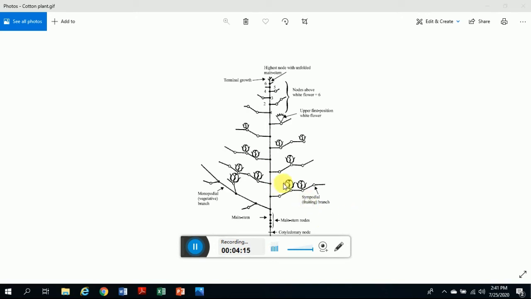Look at this. These are basically the open bolls which contain lint. At the upper portion is the white flower. One thing we have already discussed in theory is how we can scout the plant to see whether it requires irrigation or not. To estimate irrigation, whether the plant is under stress or not, if the white flowers appear at the top of the plant, when we go into the field and see that most of the white flowers are at the top of the plant, it means the plant is under stress.